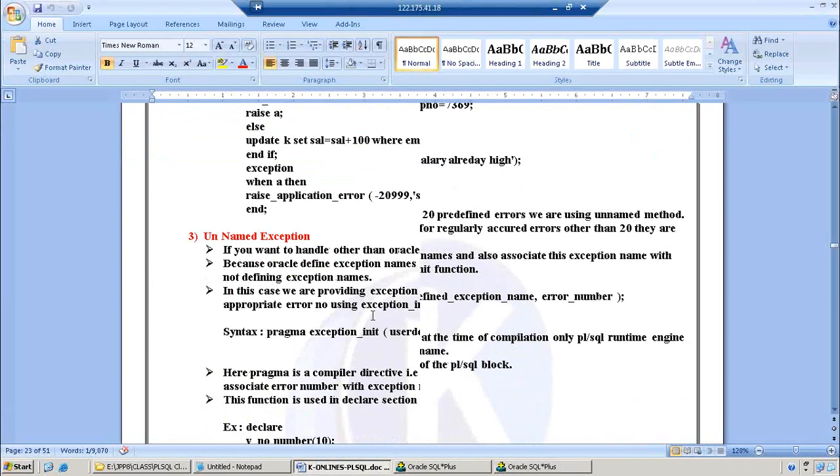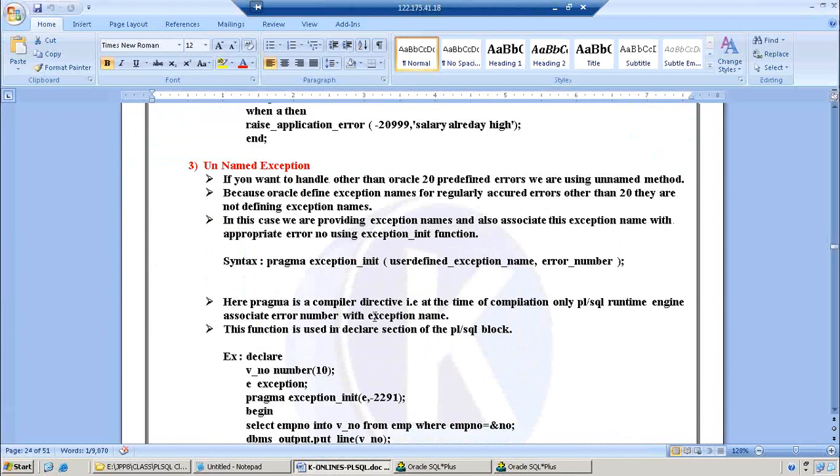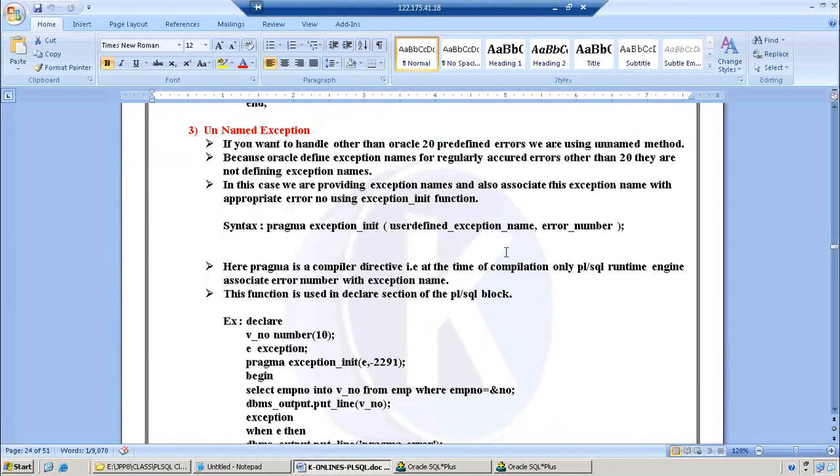So next, unnamed exception. Actually, unnamed exceptions are not initialized in our